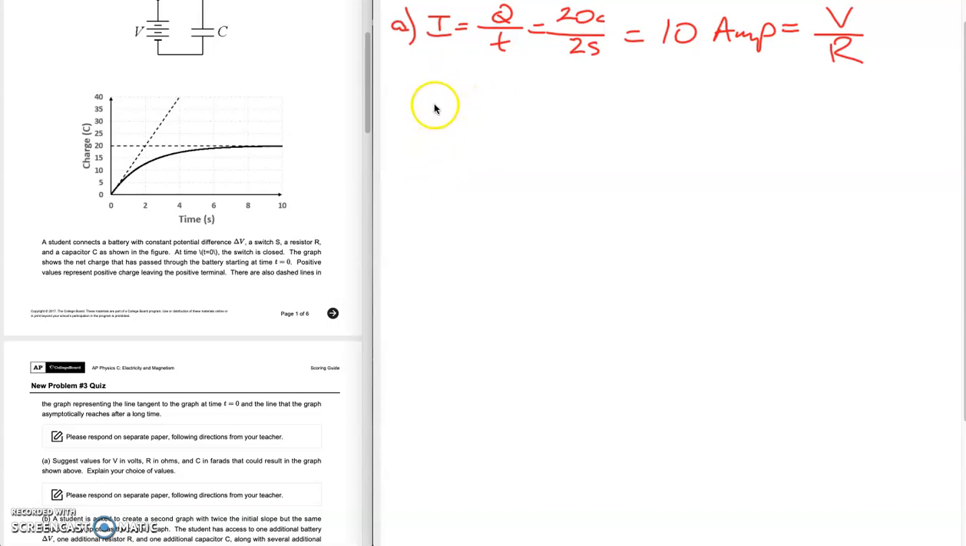Now we also have a final charge of 20 coulombs. So Q equals VC. These guys need to be equal to 20 coulombs when we're all done. So whatever numbers we pick need to obey those rules. So let's start at the bottom and work our way up. If we pick 200 ohms for this guy, oh, and one more thing,